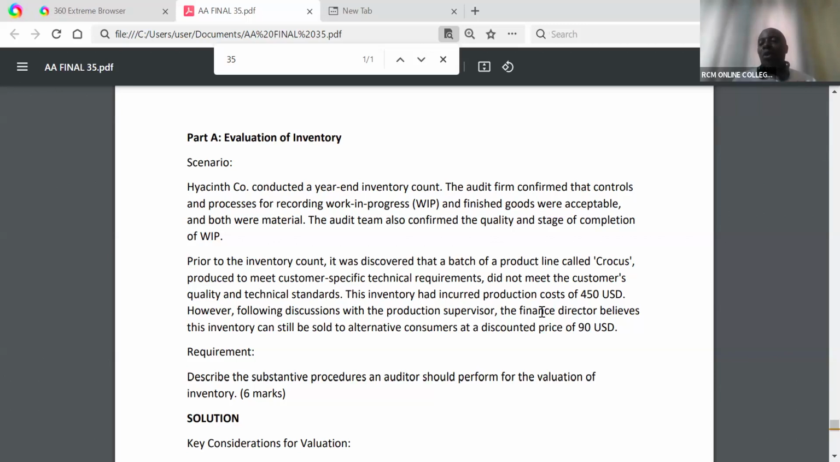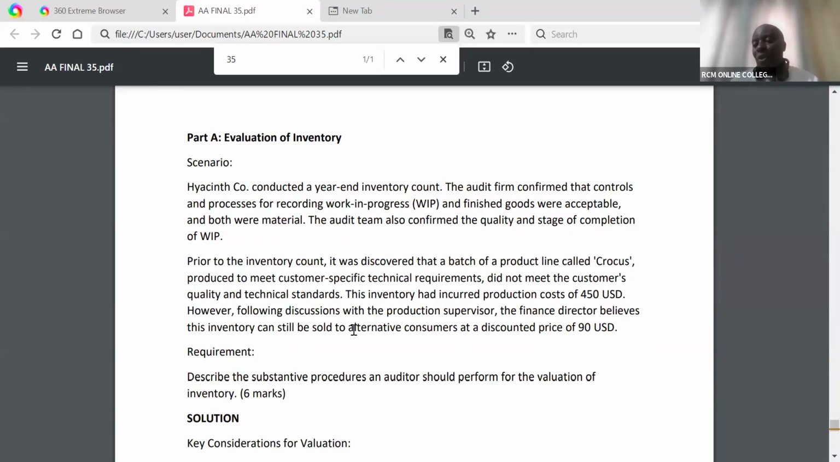This inventory had a cost of $450. However, following discussions with the production supervisor, the finance director believes that this inventory can be sold to alternative consumers at a discounted price of 90 USD. So remember, it's called IAS 2. You don't have to quote it, but at least you should be able to show that you understand the inventory procedure. So IAS 2 tells us that we shall always capture or value inventory at the lower of cost or